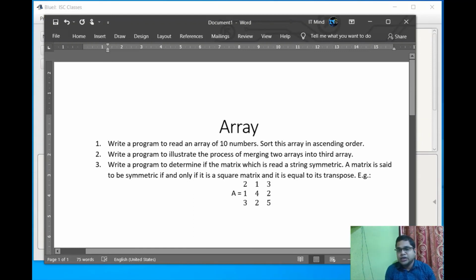In the next session we will do some more advanced programs using the array concept, and also learn about sorting techniques using arrays. I have also provided an assignment regarding arrays. You have to submit it, or you can send me the solution by mail.